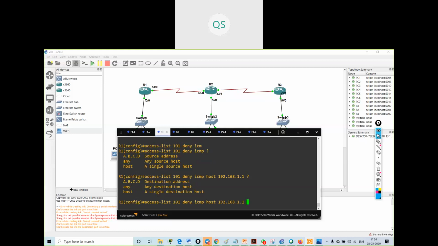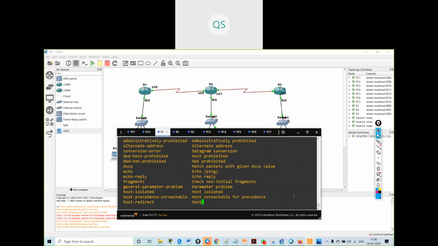Then it is asking me destination. Either I can write it in this way, 2.1 0.0.0.0, or I can write it in both ways. If I am having the host, I can specify host and just give the host IP address. Or if I don't want to write the host command, I can write this host IP address and the wildcard bits for the specific host.